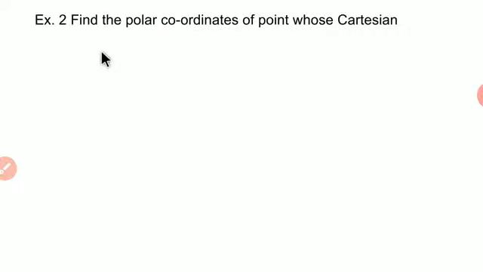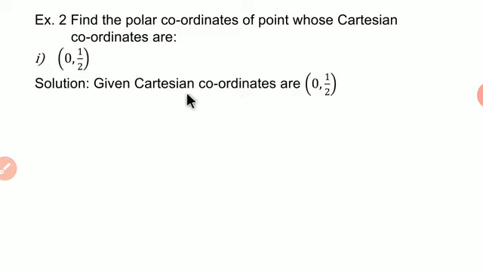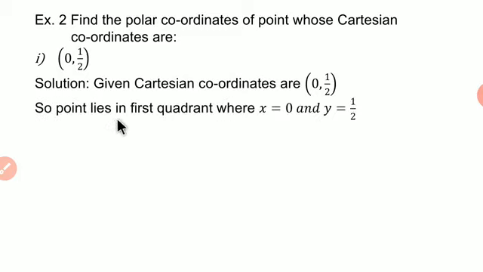Now example number 2. See the common instruction: find the polar coordinates of the point whose Cartesian coordinates are given. Means here we have the Cartesian coordinates and our aim is to find the polar coordinates. That is, we have given values of x and y and our aim is to find values of r and theta. So the first one is (0, 1 upon 2). So solution, given Cartesian coordinates are (0, 1 by 2), that is x is equal to 0, y is equal